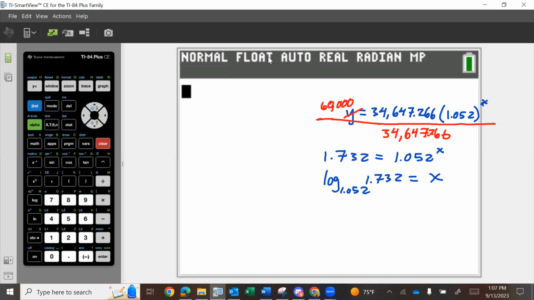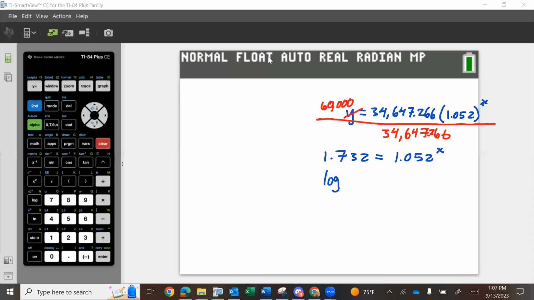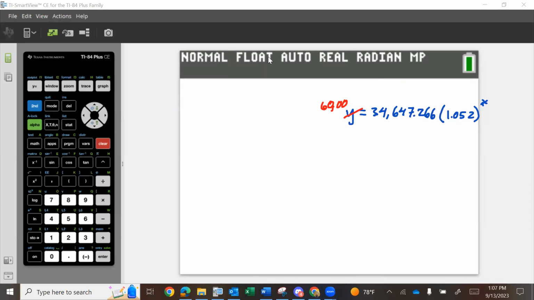Let's see. So let me do this. I'm going to get rid of some of this wonderful stuff. All right. And then I'm going to go 25,000. Okay. So once again, we're going to divide both sides by that number out in front that is not being raised to a power, the power of x, the power of voodoo. Voodoo? You do. Okay. All right. So then we get 25. But you know what? Here, let me just do it this way on my calculator and make it easy. Okay, and I get